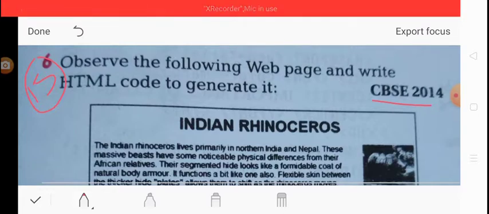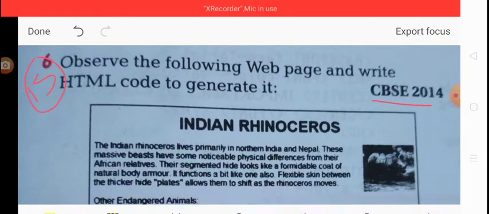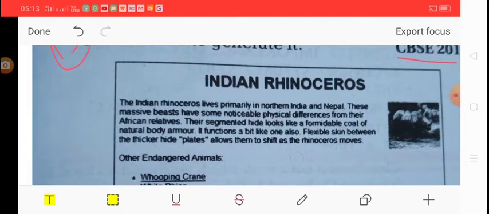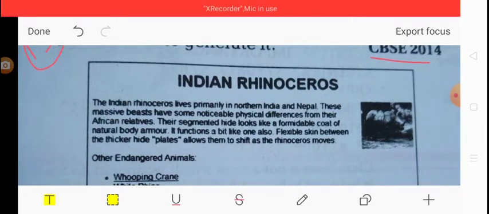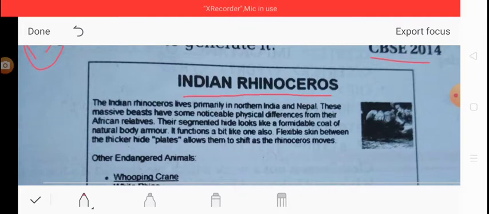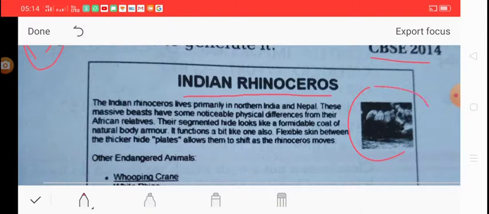You can easily see that a heading is given, and the heading is center aligned. The second thing is that there is an image, and that image is right aligned.